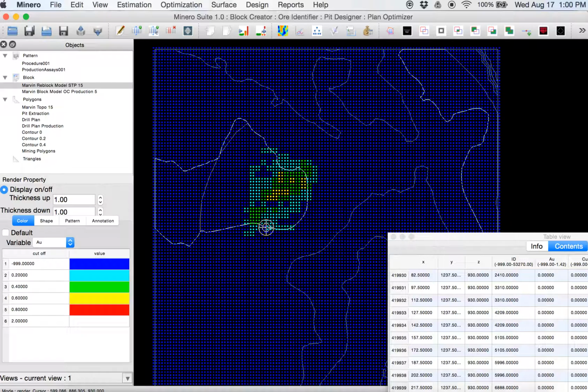The bottom line is we will use this short-term planning model to give us an idea how it looks when we want to start working in ore control. We want to see the overall picture of how the deposit looks. So this is the short-term planning model, and based on that we will have an idea how the deposit looks like.